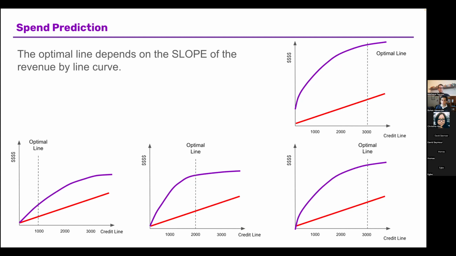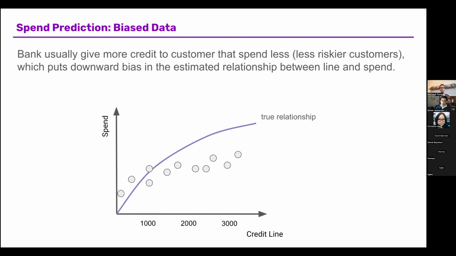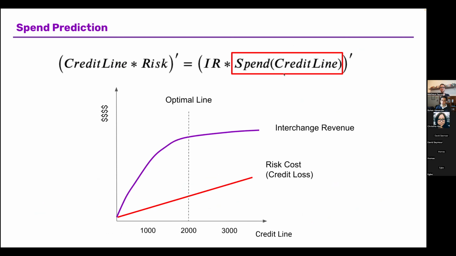And this is essentially a causal inference problem. I don't know if you're familiar with causal inference, but the problem is essentially that you cannot see the same customer at different points on the credit line curve. You only get to see the customer at a single point in this curve, so there is no way for you to estimate or see the derivative of a curve. This is very tough because, again, you want to predict the derivative of the spend curve for each customer that comes to your account, but that's not something you can observe. So you're essentially estimating something that you cannot observe, which is derivatives.